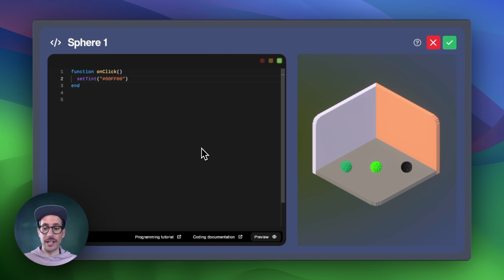So if you're looking to change the color of an object using setTint, it's important that you make the original color of that object white, so that when you set the tint, the color you're intending to tint that object is always the color that you see. If you're applying tint to a thing that already has some color to it, it's not going to be as easy to get the color that you